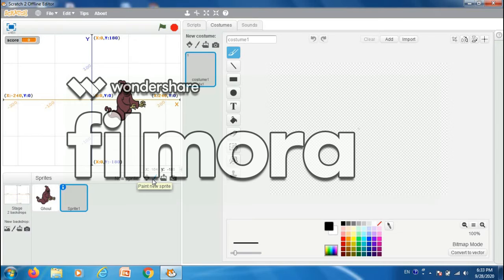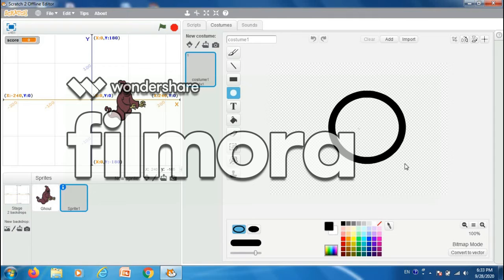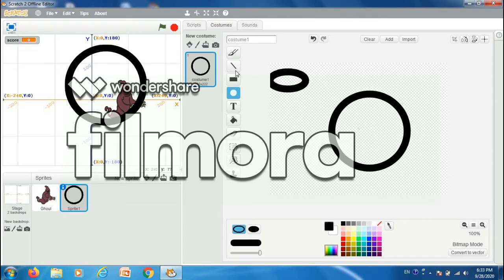Now we have to paint a new sprite. We will paint here a scope from which we will shoot these ghosts. Go to the circle, more wider. Now go to the lines, select here red colored lines, less wider.